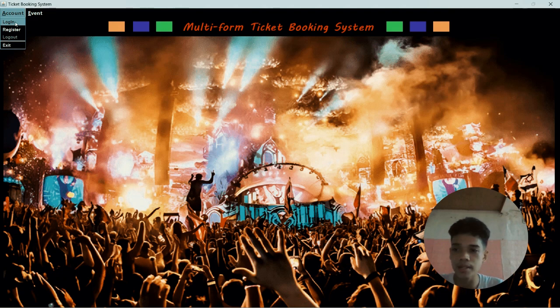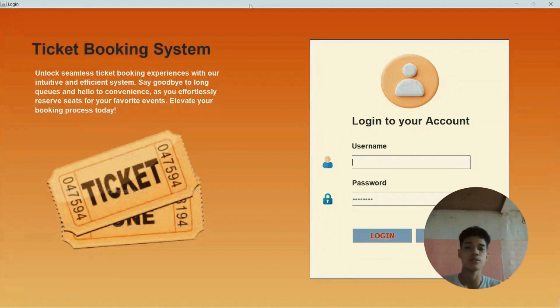So by clicking our login item, we proceed to a new window, which is our login frame. Starting with the login process, when the user clicks on the login menu item, I will type admin here as an admin.